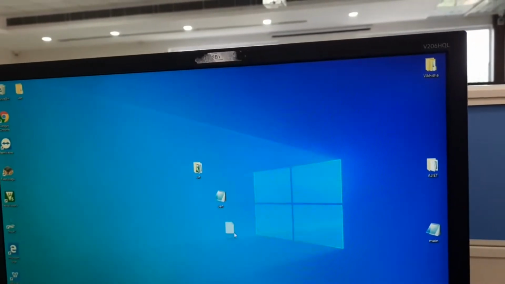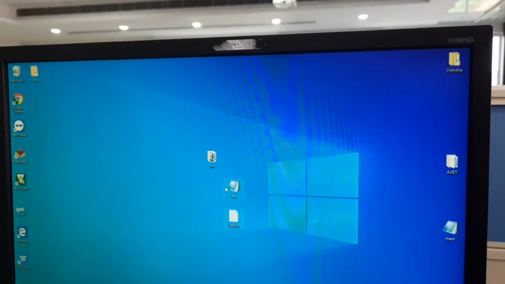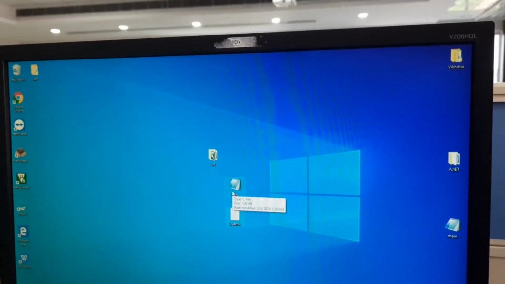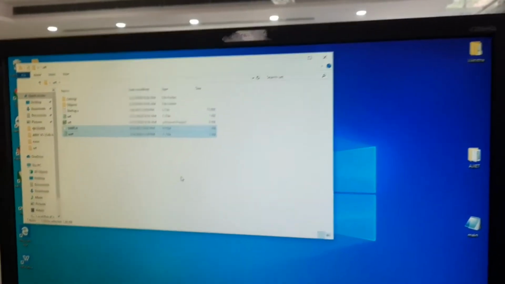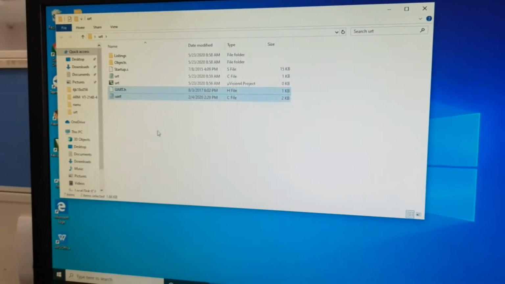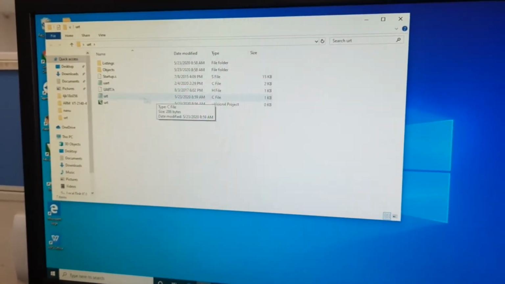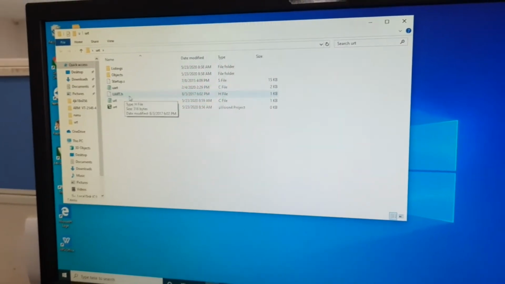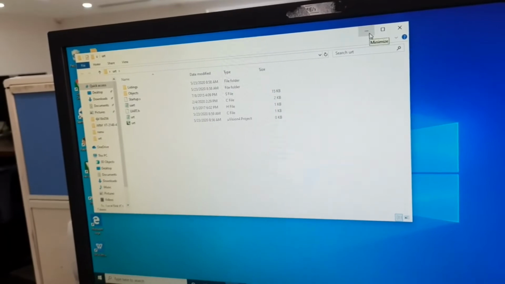I will copy these inside your folder: uart.c and uart.h. These are the two files I copied inside your folder.